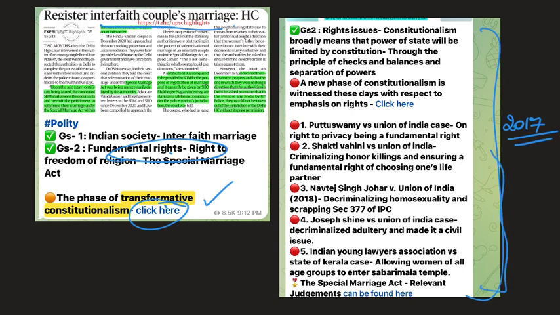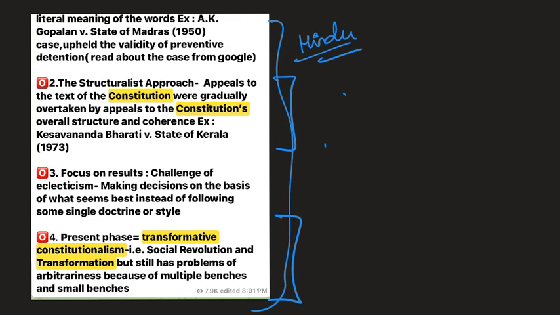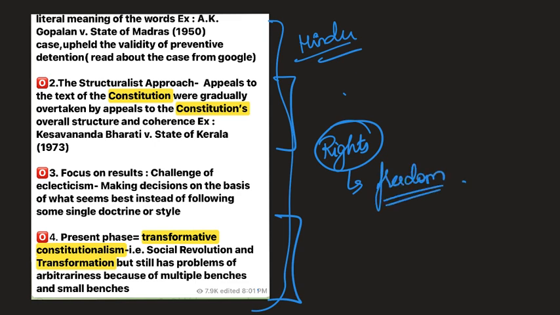Again, you can find the connection here to the previous article, which discussed the various phases or evolution of the thought process in the judiciary. So this particular editorial from The Hindu redirected to the various phases of the constitutional approach, where you understand the kind of judgments that came out because of the predominant thought process in that era. Like in the present phase, you are seeing a lot of emphasis on rights. That is, the judiciary is majorly concerned about increasing the freedoms of people, like say for example the Sabarimala judgment, or the emphasis on ensuring the right to privacy.